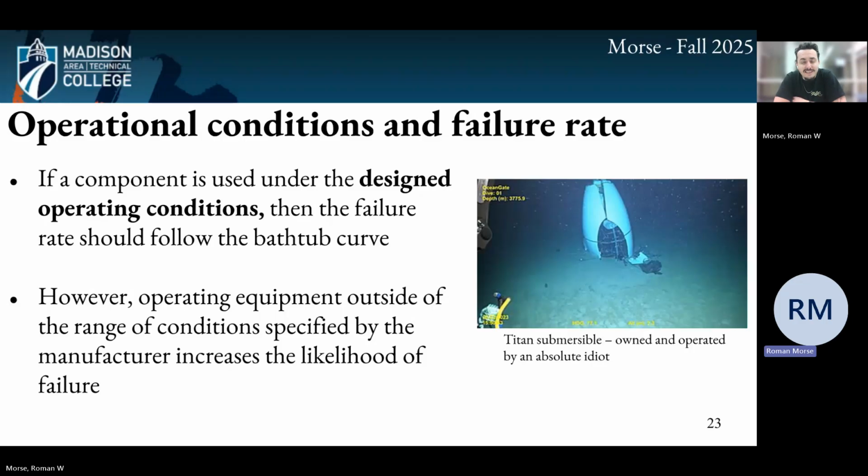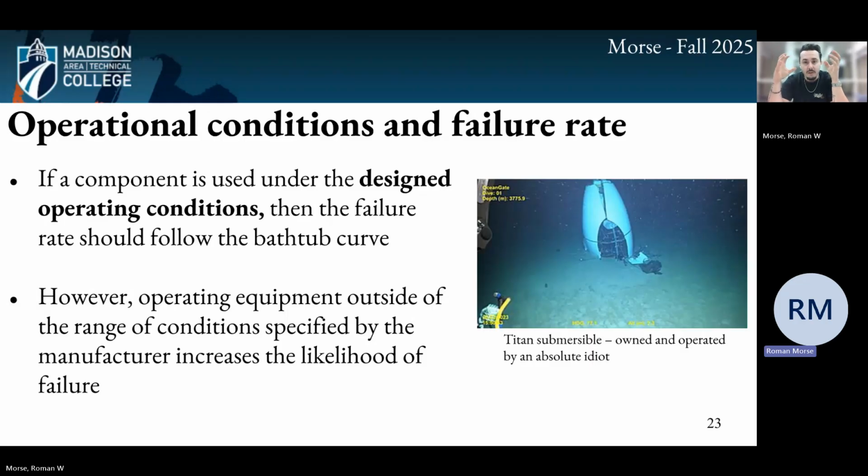A failure occurred that didn't need to occur. It was just that the machine was operating outside of the conditions that it's actually safe for it to operate in. So if a component operates inside its normal or designed operating conditions, then it should follow that bathtub curve. However, if we work at conditions with extreme temperatures or extreme pressures, and our component or our machine